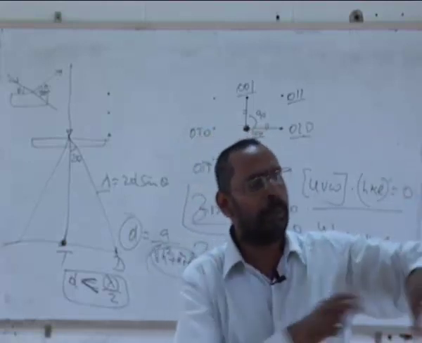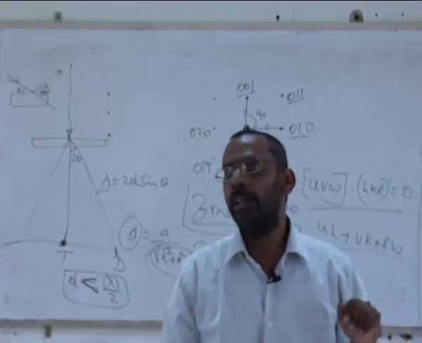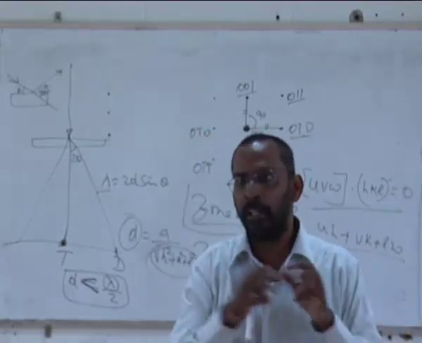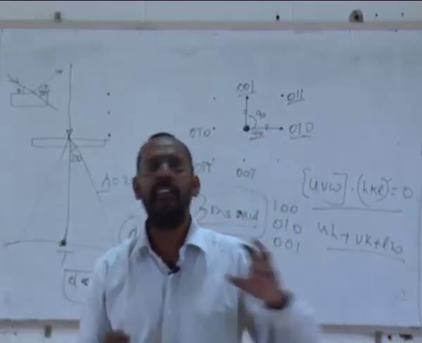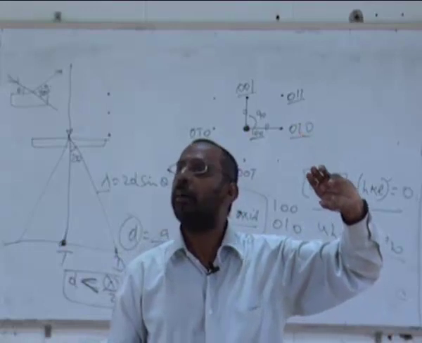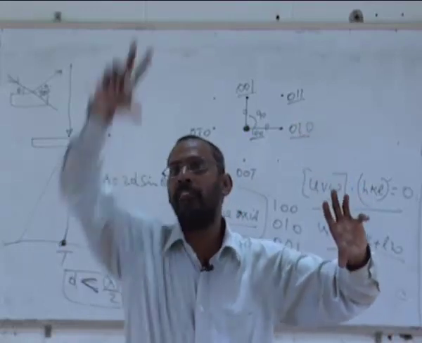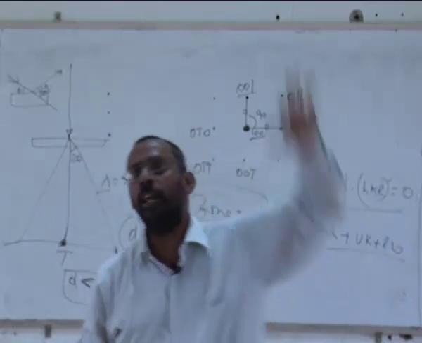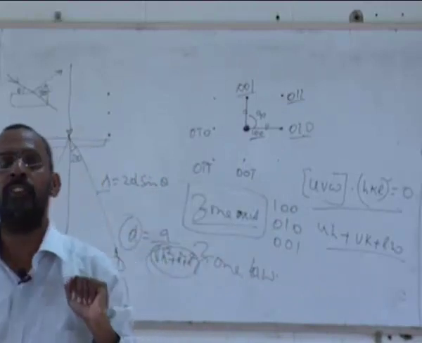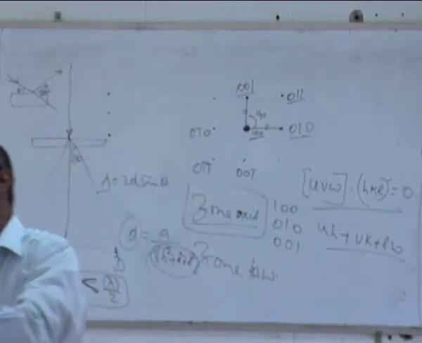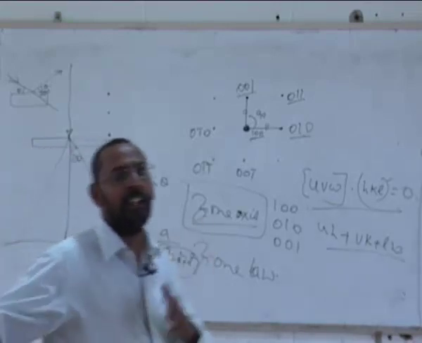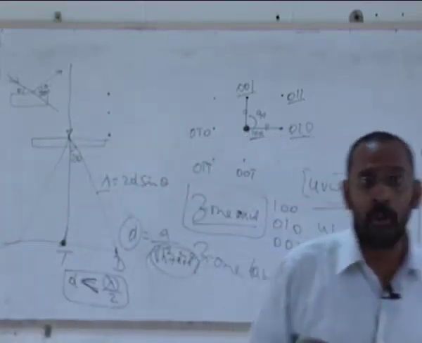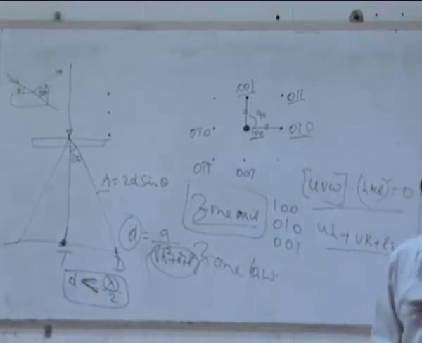Or you may see some grains are still random. Not all of them got elongated, depending on the extent of deformation that you have provided. As a result, you may see the 111 peak smaller than even 200. Otherwise, usually the strongest peaks in an FCC are always 111 and 200. And as you go to the other HKL planes, the intensities come down. So this is how we will be able to see these things.